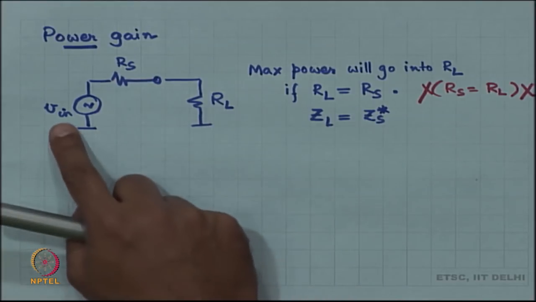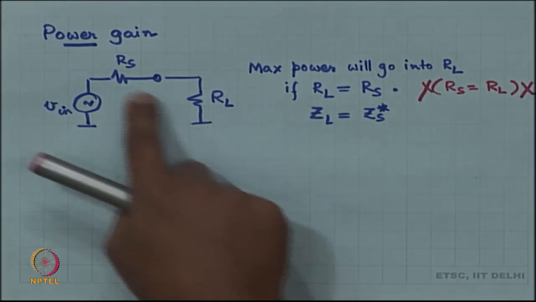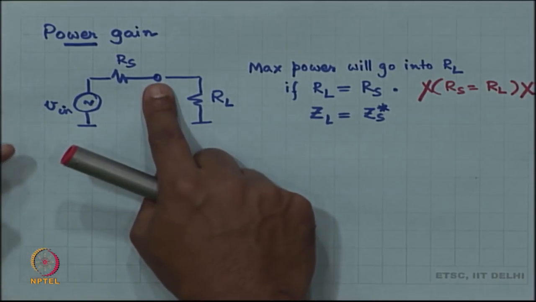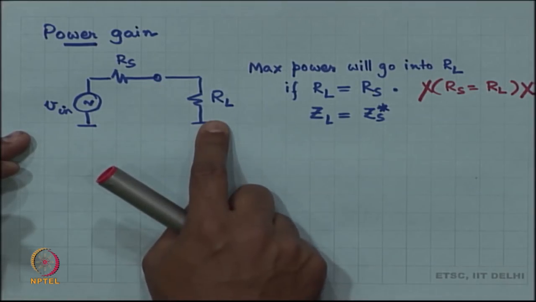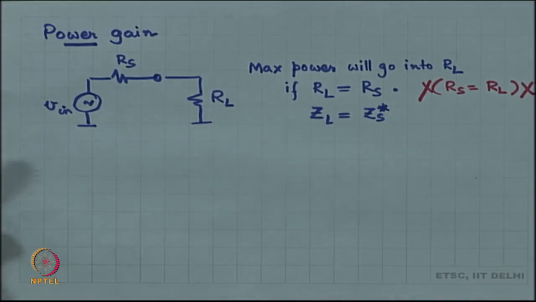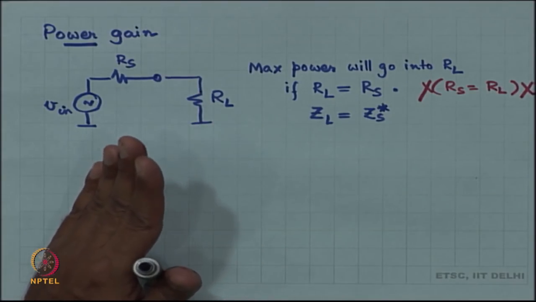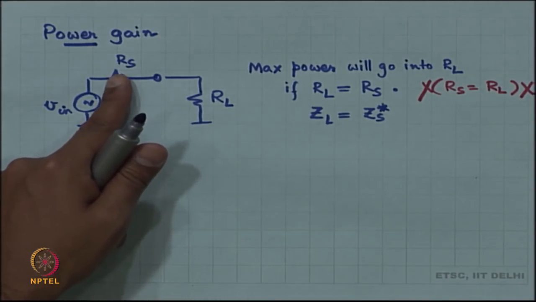Okay, and that will give you maximum power, right. For example, in this case, if RL is equal to Rs, then what do you get? So, let us say this is Rs. So, this voltage becomes Vin by 2, right, and Vin by 2 whole squared by RL will give you the power delivered to RL. So, that is Vin squared by 4RL is the power delivered to RL. But if you could choose the value of Rs, Vin squared by 4Rs is the value of the power delivered to RL. Okay. If you can choose instead the value of Rs,